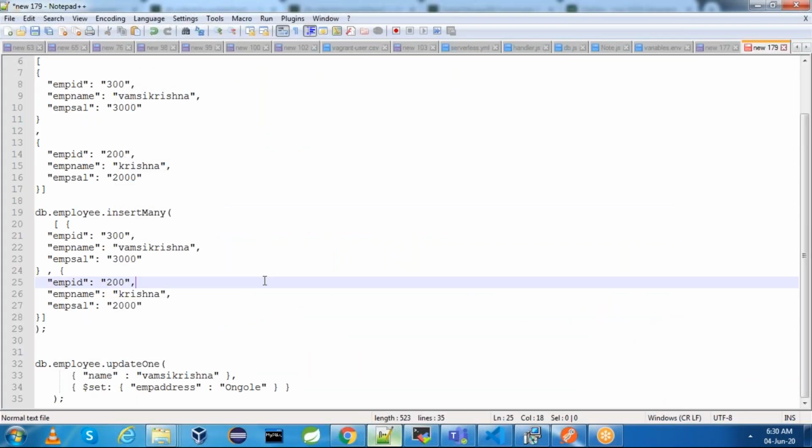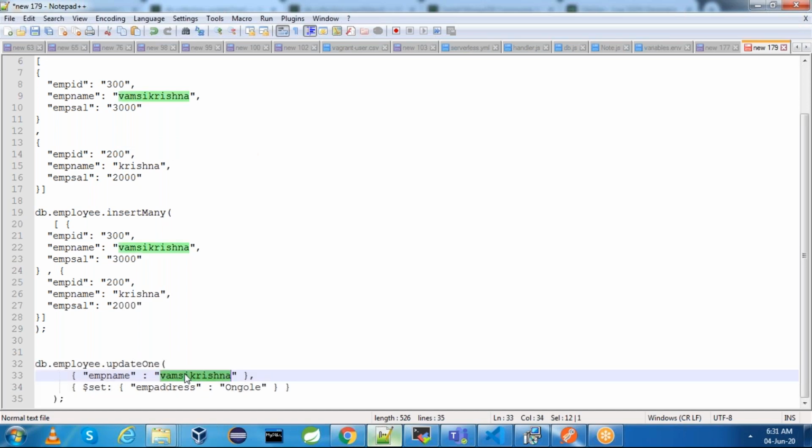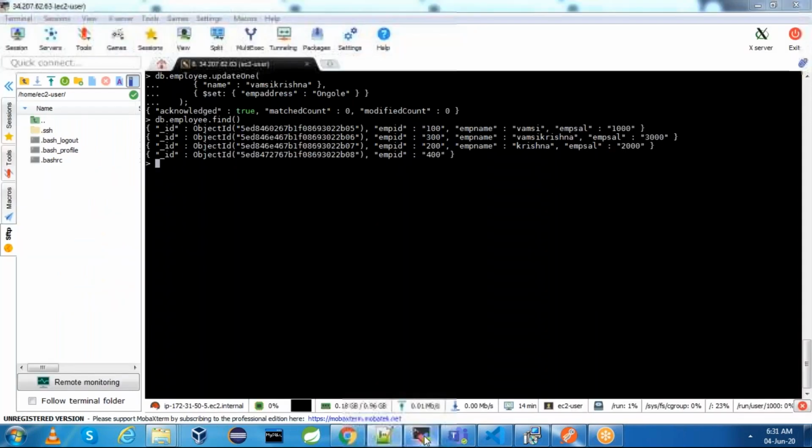I think this is wrong. It is employee name. Sorry, this is wrong. This is employee name. For the document which matches employee name Vamsi Krishna, I am setting employee address. This is correct. Whatever it showed, the output is correct.